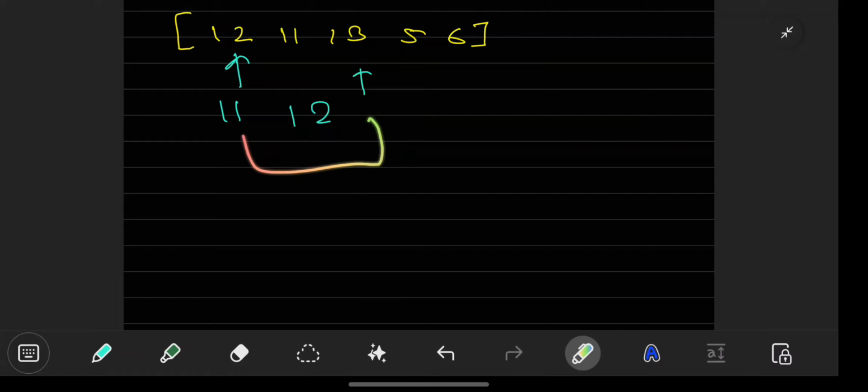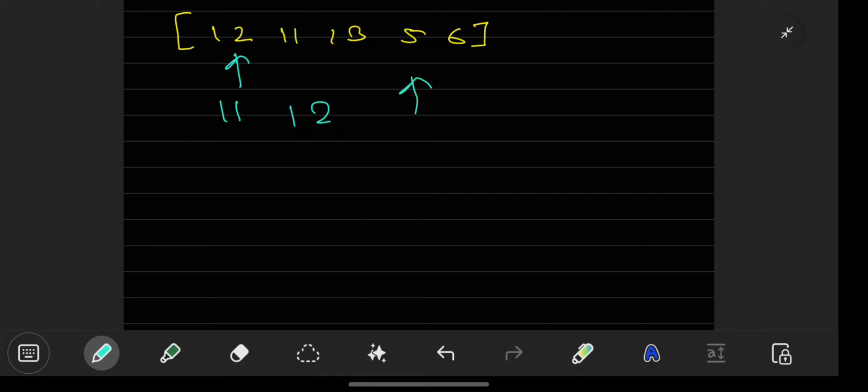But here the 13 is greater than 12, so we do not need to swap the value. Now the index value will increase by 1, and it will start pointing to the third index, and the value is